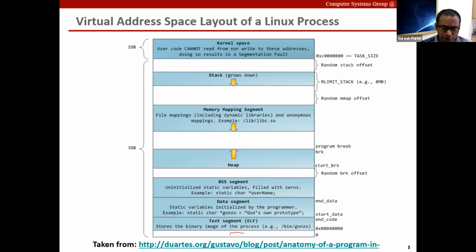Because of that, if you run your program and print the address of a local variable, every time you run the program, the address of the local variable will be a little bit different, because local variables are allocated memory on the stack. And since the base address of the stack is randomized a bit, every execution of your program gives a different address to the local variables.